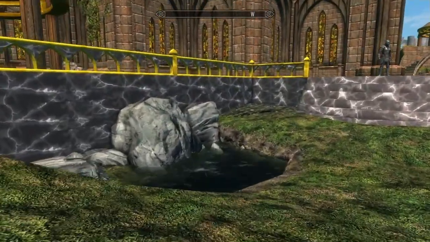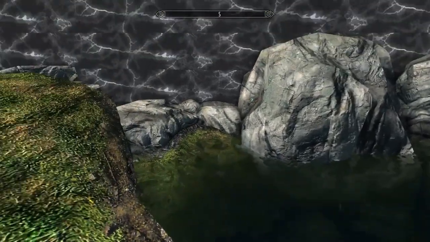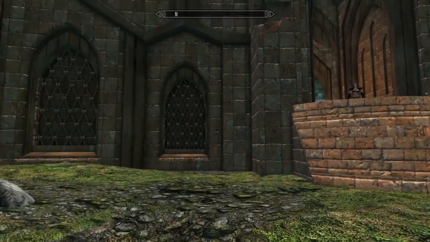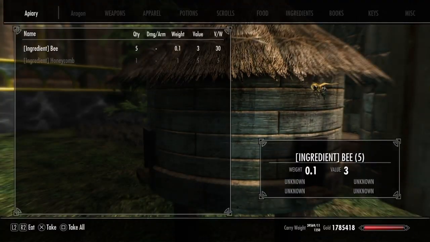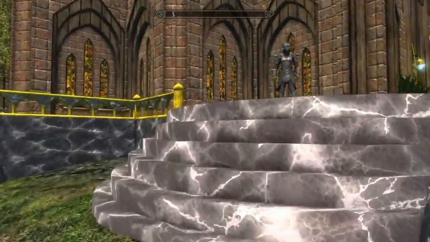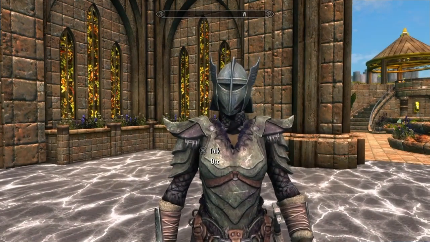But as we first start taking a look, you'll see we have a nice little pond over here with some insects and fish. Nice little attention to detail already in the mod. Beautiful waterfall there. You can come over here if you would like to, you can get some bees or some honeycomb. One thing I do want to point out too while I'm thinking about it, we'll go up and talk to this guard, but one thing that I want to point out is that,